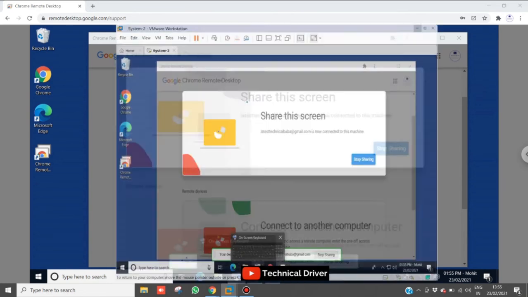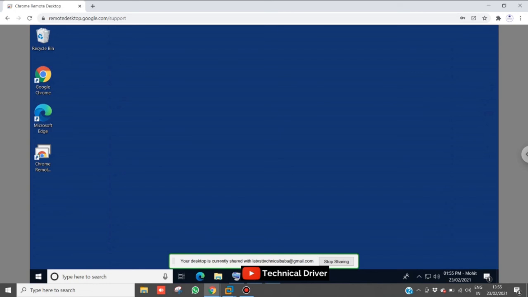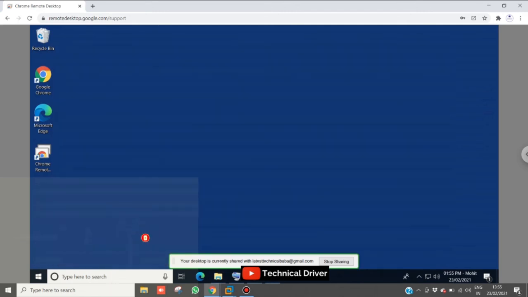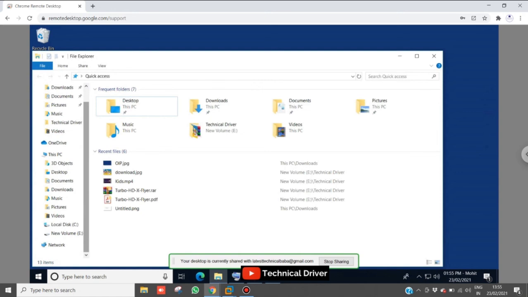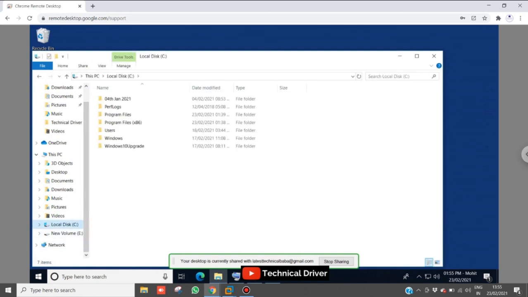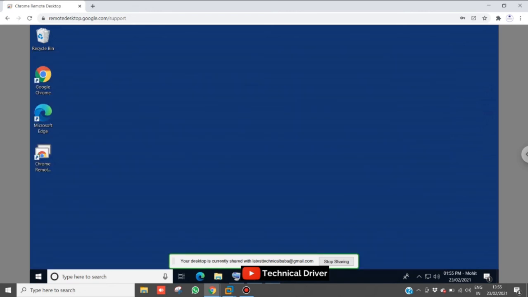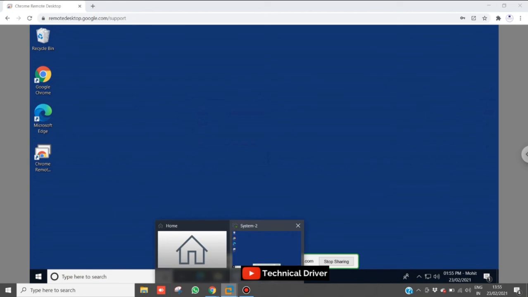I think you have heard about AnyDesk, TeamViewer and ME Admin. Basically, those applications are demanding charges. So I think you must switch and use this Google Chrome Remote Desktop application. It is basically a free application, and it also contains the premium features which you have already seen on TeamViewer, ME Admin and AnyDesk.